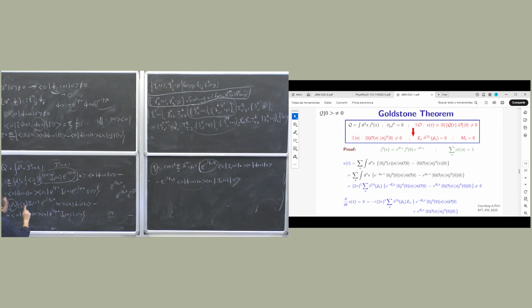But there are two important things. C doesn't depend on time, but I know that C is different from zero. So look at the point. If I want C different from zero, and the overlap of my field with a massive operator is not zero, then automatically I have a dependence on time that I don't want. Okay, so necessarily there exists one state such that